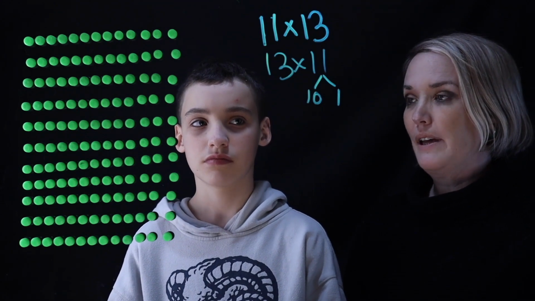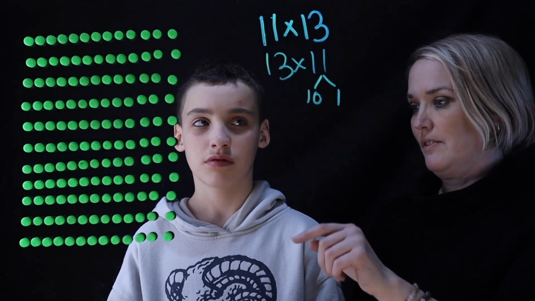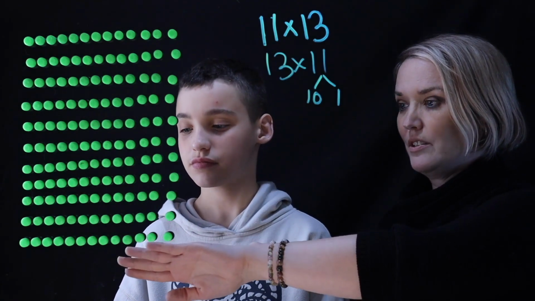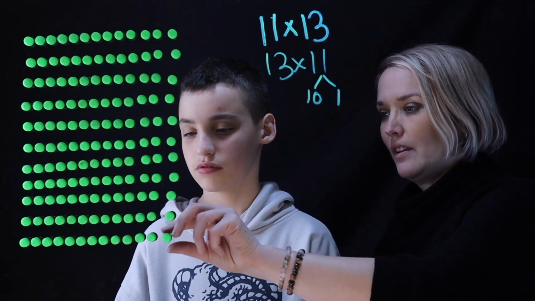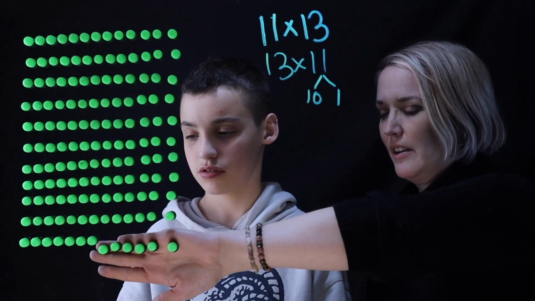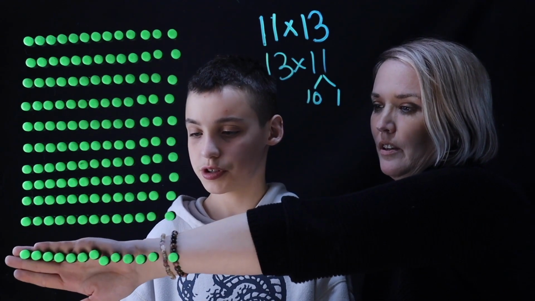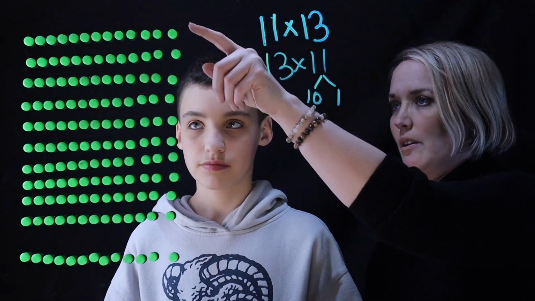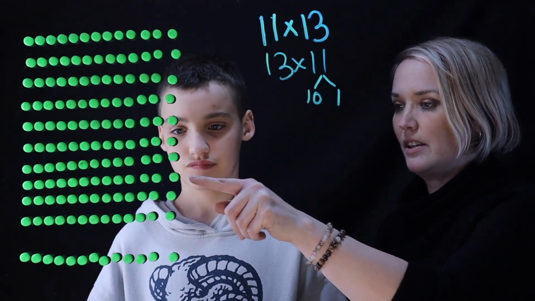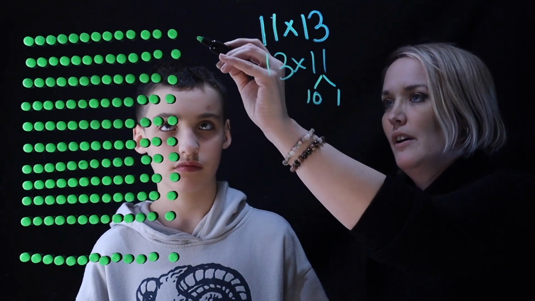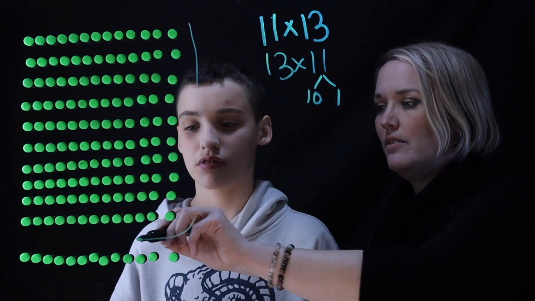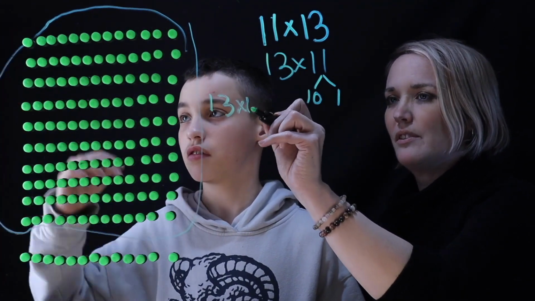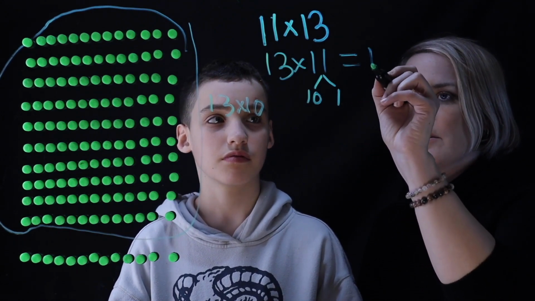But you actually want to think of 13 groups of 10. So I bet I can make that into 13 groups of 10. So check this out. I'm going to just peel off because there was 11. If I just move these down, you get 13 groups of 10, because now we have 1, 2, 3, 4, 5, 6, 7, 8, 9, 10. So there's our first group of 10 right here. And all of these together are 13 groups of 10, because you want to go 13 times 10, or 13 groups of 10,